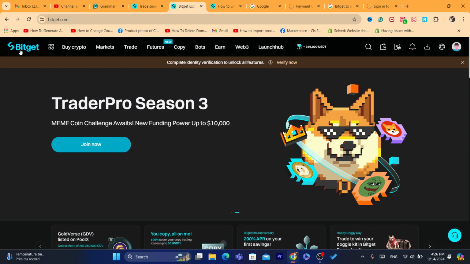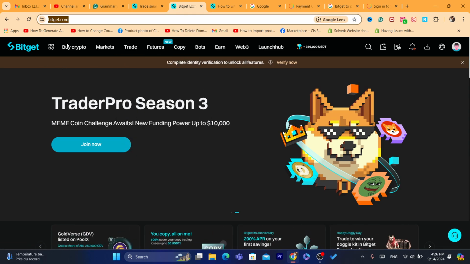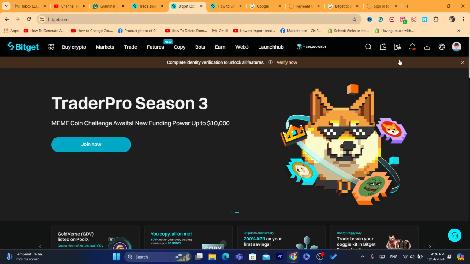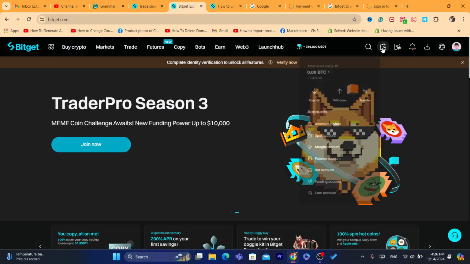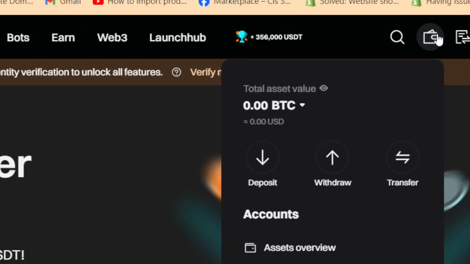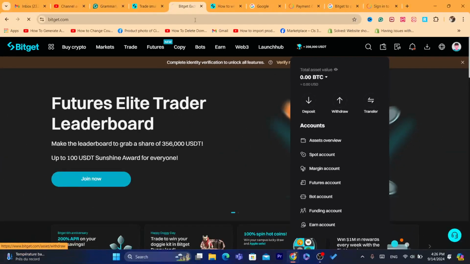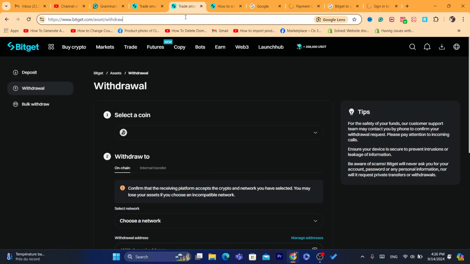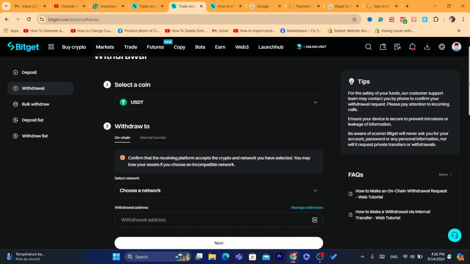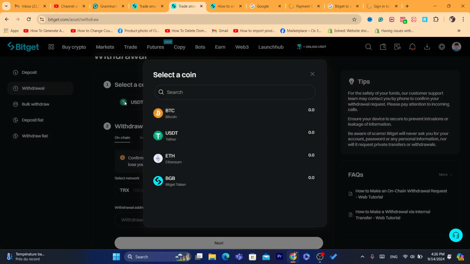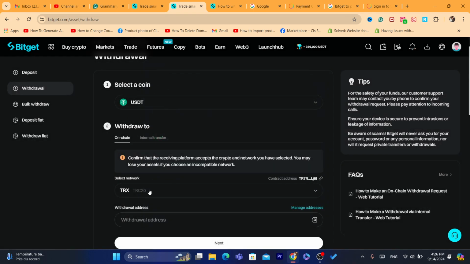So you want to log into your Bitget account. That's the first step, and then you want to move your mouse here, as you can see, and then move your mouse there, and then you want to click on withdraw. After you click on withdraw, in case you want to send, for example, USDT to another platform like Binance, you can just select here the crypto or coin you want to send. And then here you want to make sure you select the correct network, because if you don't